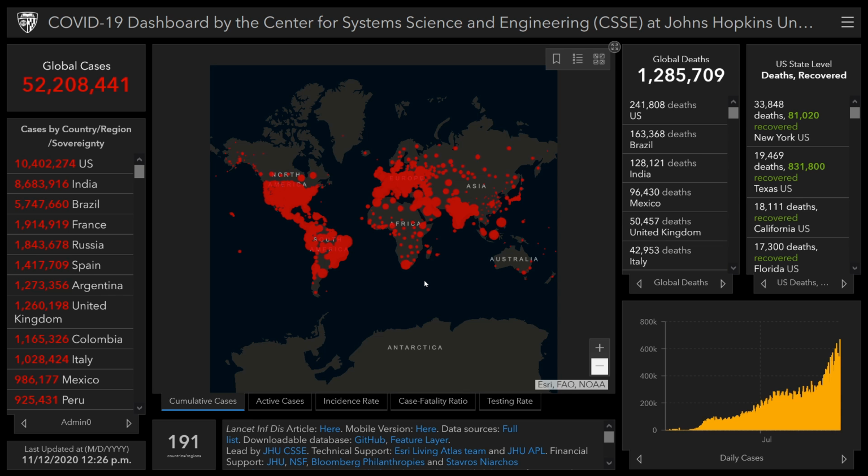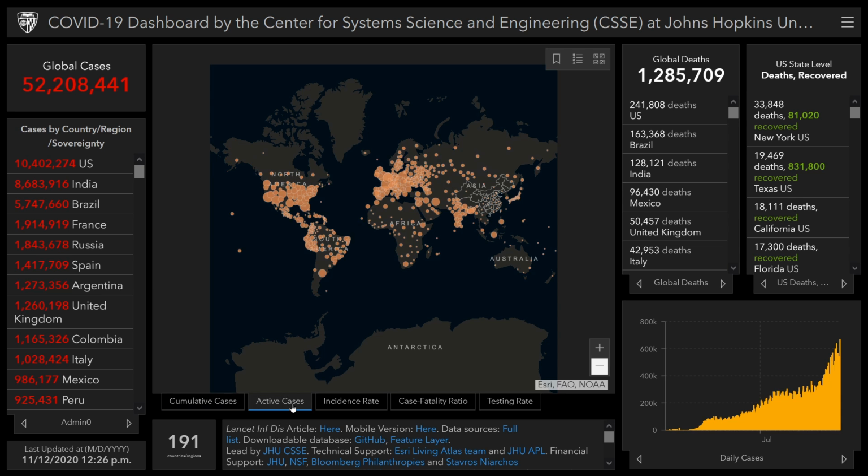But as the pandemic turned global and the first wave passed, the visualization has become a bit useless on a global scale. The glyphs are barely distinguishable and it does not reflect the current situation. That is why the other tabs focus on the total amount of cases and the incidence rate, which takes the proportion of the affected population into account.